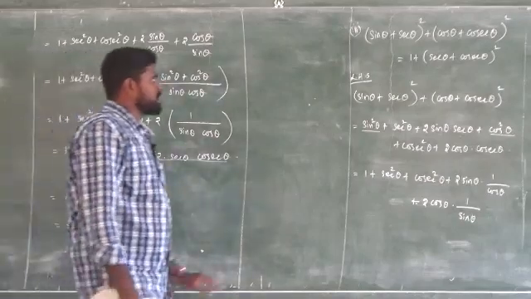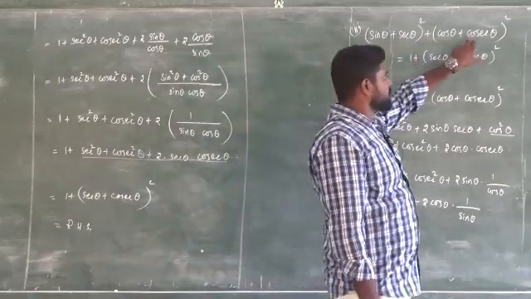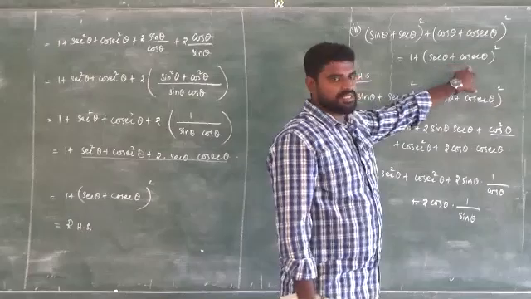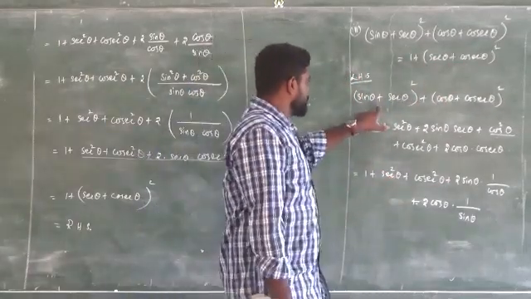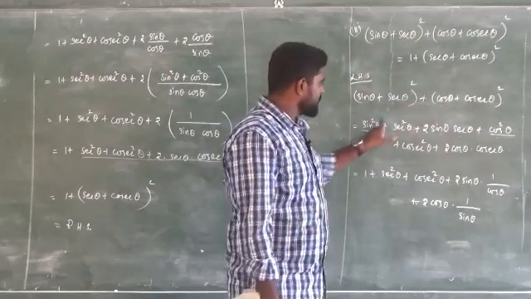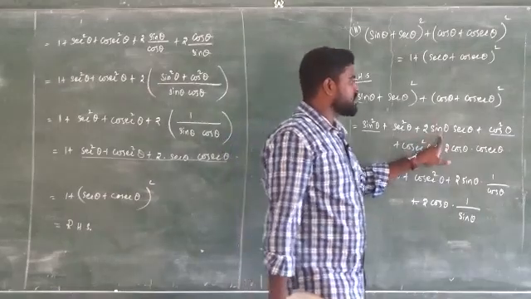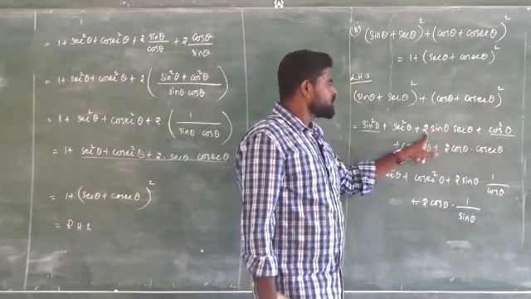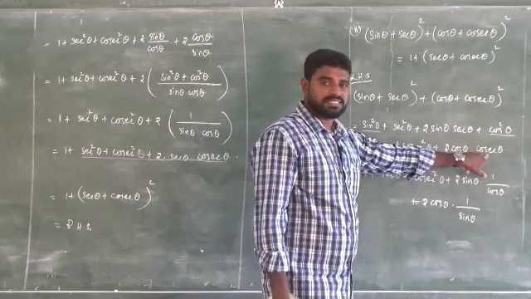So this problem, they are given in terms of sine and secant, cos and cosecant. But we need to prove 1 plus secant and cosecant. So the proof must be in terms of secant and cosecant. So if you use a plus b whole square for these two terms, it will come sin square theta plus cos square theta, it is 1. Secant square theta, here we have sine and secant, better we change in terms of sine and cos. So 2 sin theta by cos theta, and here 2 cos theta by sin theta.